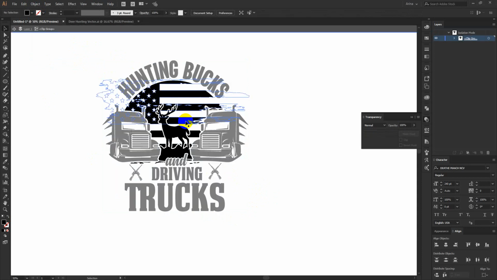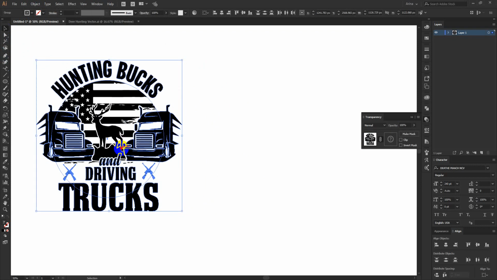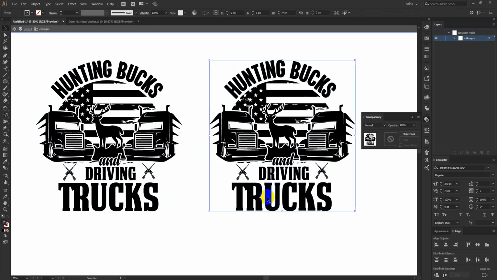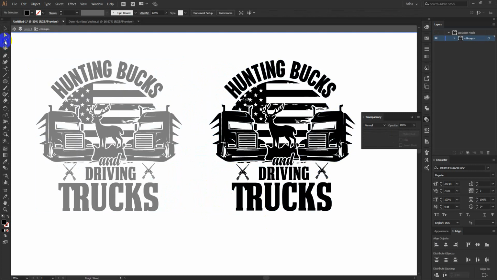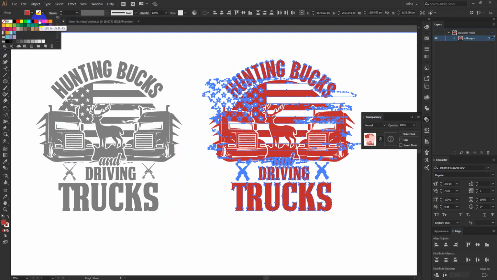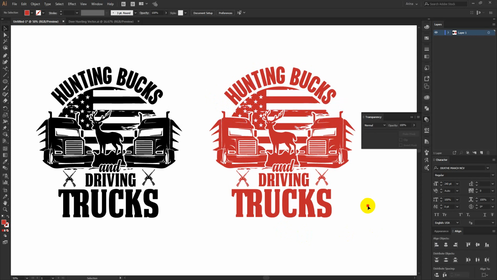I have to do some more work for that. If I use my magic wand tool here, let's first copy this. Yeah, I copied it here. Group them. Now if I double click here, I am in this group's isolation mode, so the rest of the design will not be affected. If I click here, it will select my black, and I change it to red. This is called a good design, that you can convert into any color, like you can print it in one color or you can add some color to these designs, whatever you want.